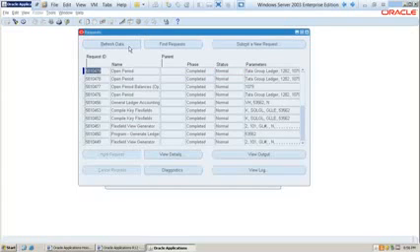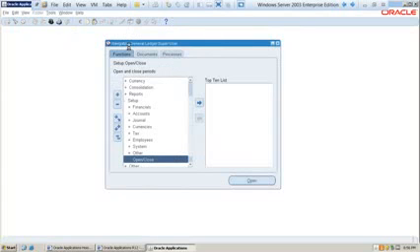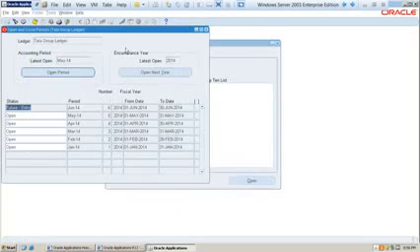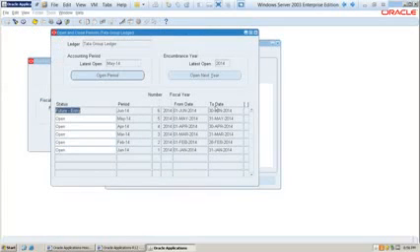March I didn't open, April I didn't open, directly May. The periods in between will get opened automatically.